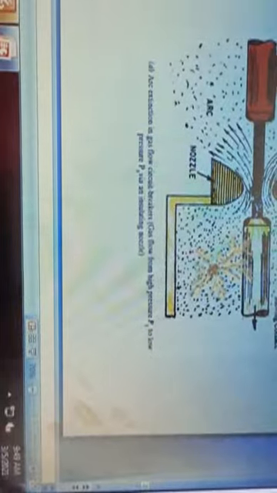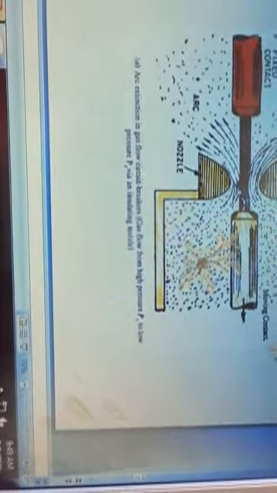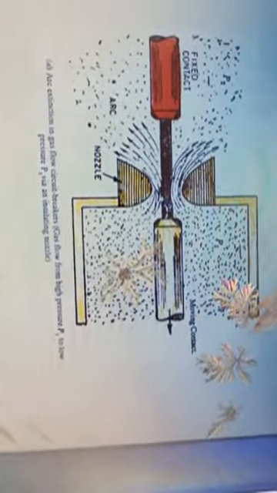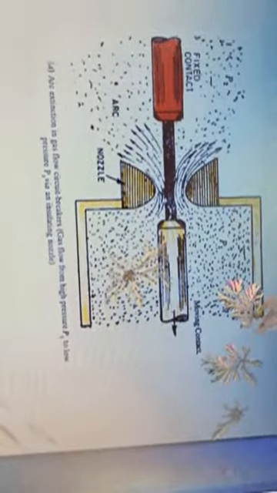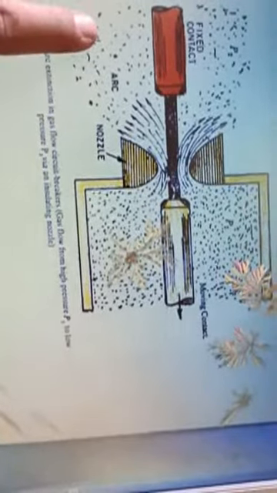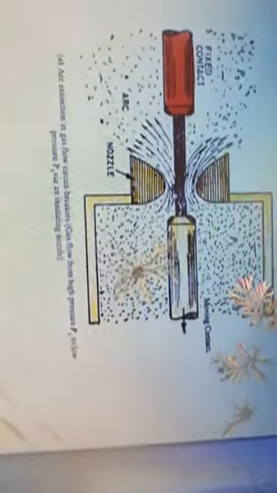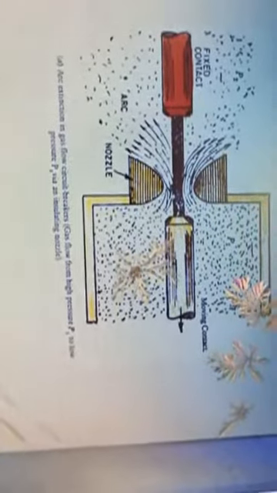The puffing action continues for some time even after the arc extinction, and the contact space is filled with cool and fresh gas. In this figure, this is the constructional part where the moving contact is shown, then the fixed piston is there, in between that the movable cylinder is attached, this is the nozzle, and this is the arc which is produced between the two contacts, and it is all filled with SF6 gas.